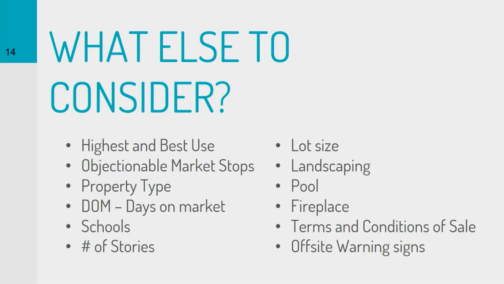Had a question pop up asking, doesn't the month of year affect days on market? It kind of does. Obviously, you have your sales cycles, you have your hot sales markets, but I still try to look and get an idea if my neighborhood's going to sell quick. You're going to see neighborhoods that are obviously not selling very fast. They're taking 90 to 180 days to sell. Those are not areas that I'm really looking to flip in. I can, but I don't really like them.